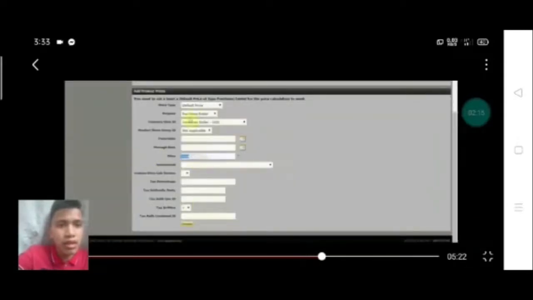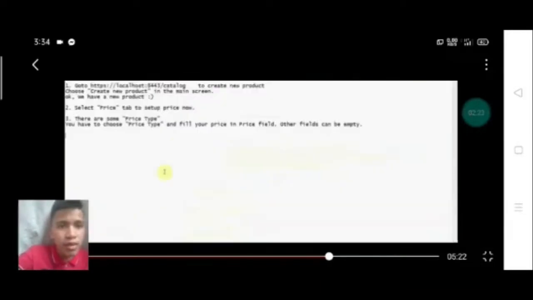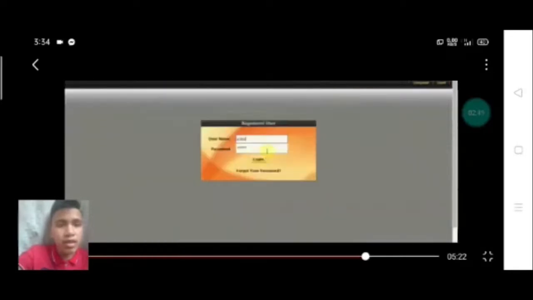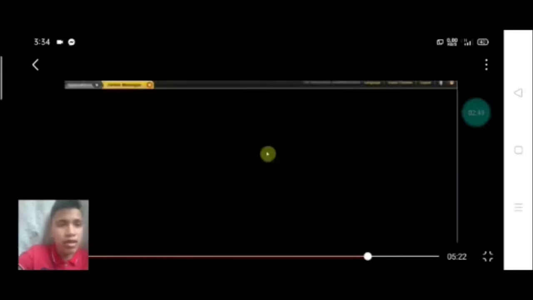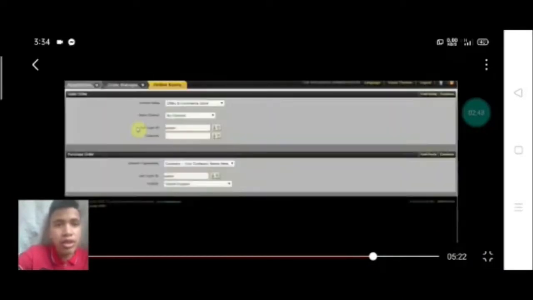Okay guys, then click create. Then go to localhost order manager, order mgr. This address you need to copy then paste to the URL address in your browser, then type your password again, then order entry.